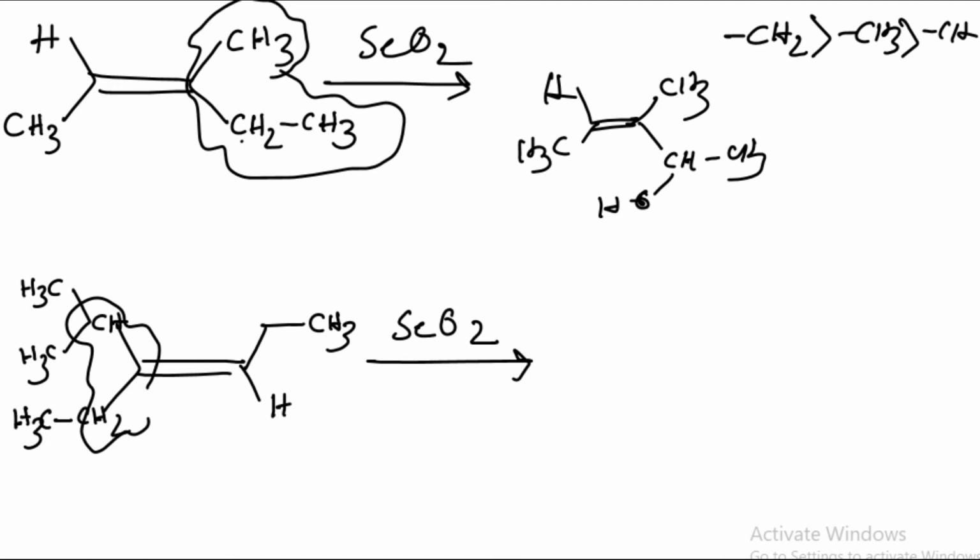Okay, so now in this case you know that this is the more substituted site, so hydroxylation will have to be carried out at this site. Now what happens, there is CH2 and there is CH and there is CH2. So obviously this CH2 will be hydroxylated, and this also supports the E selectivity. Okay, so hydroxylation will be at this site.